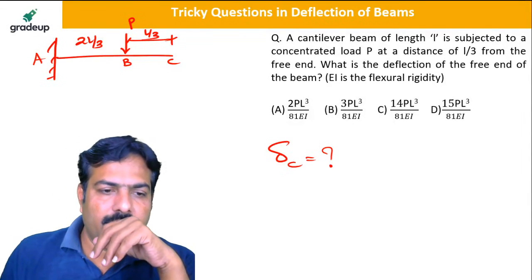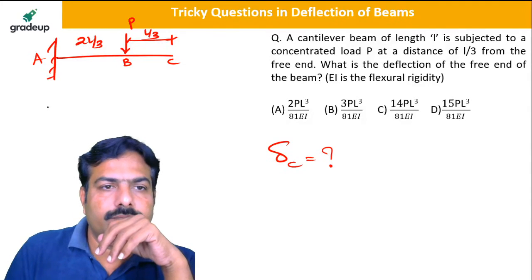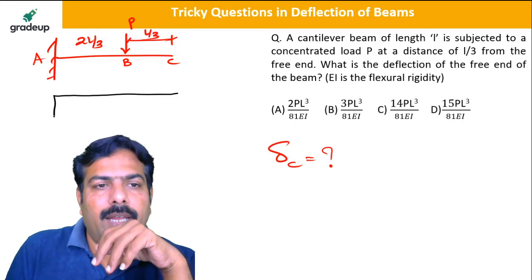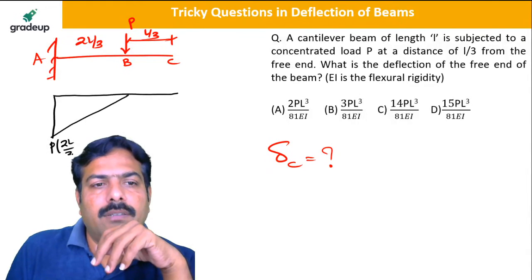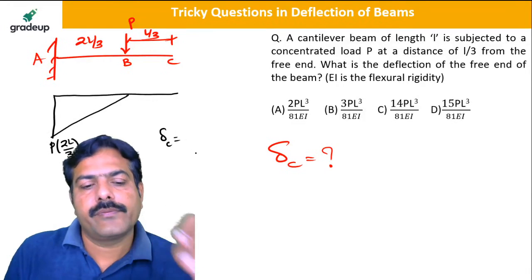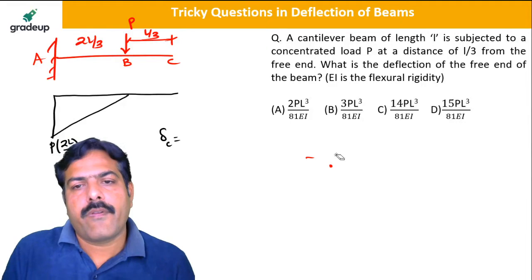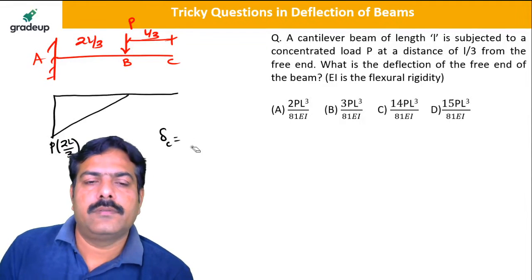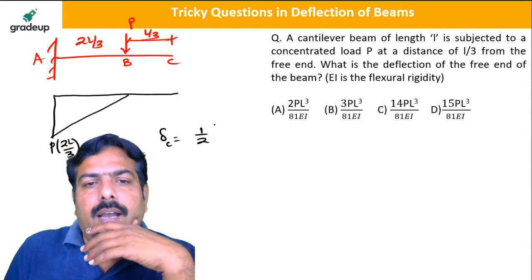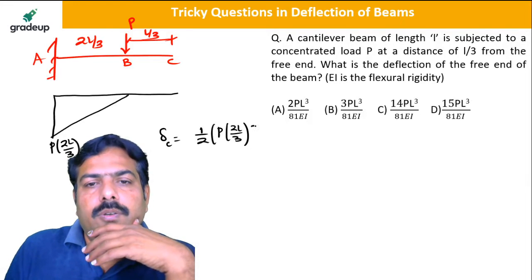What is the value of the deflection at C? If we draw the bending moment diagram for this, the bending moment is P into 2L by 3. So deflection at C is equal to the area of the bending moment diagram, half P into 2L by 3 into 2L by 3,